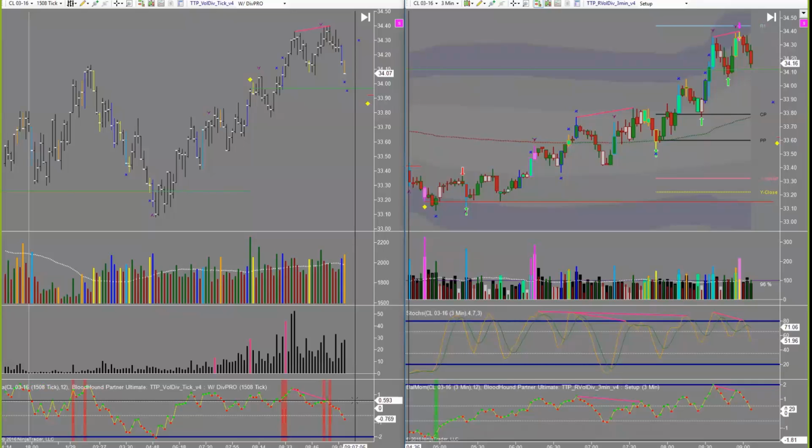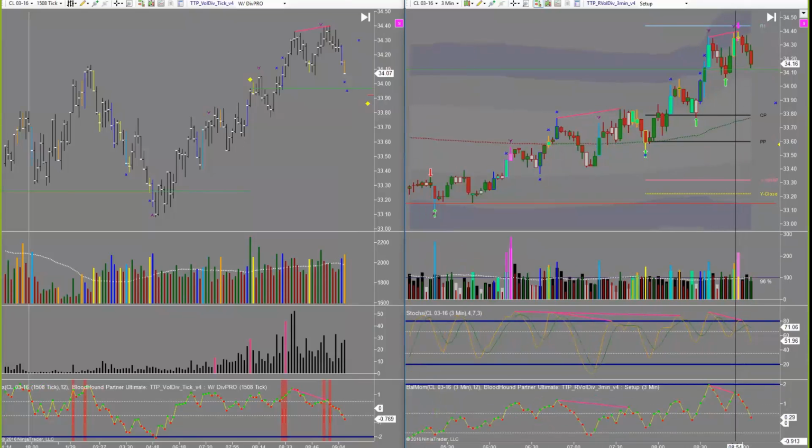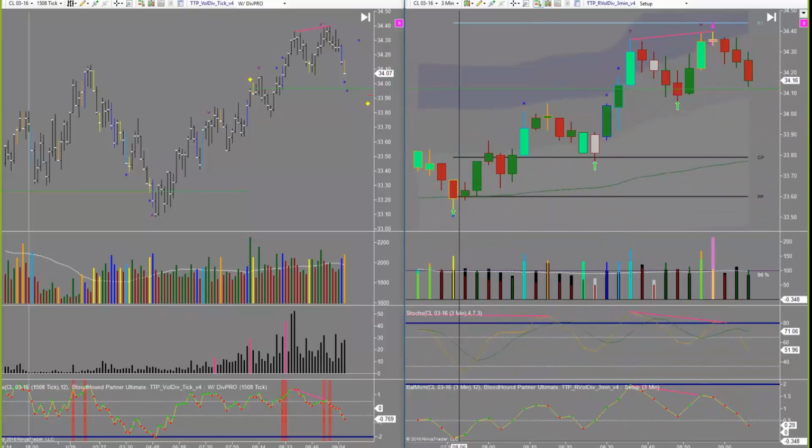It's just something I kind of see naturally now, and you will too after you learn the methods. It just takes a little while to learn them is all. So volume divergence essentially is when we're coming up to this high,